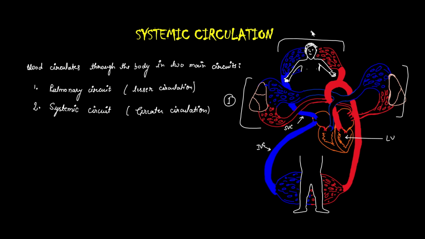As I said, it starts from the aorta, and the aorta starts from the left ventricle. So the aorta is the basis which circulates the oxygenated blood to all parts of the body. Today our main focus will be the aorta, and we will see the parts of the aorta, its branches, and the main arteries that arise from its different parts, and then we will look at those main arteries separately in different videos. So this was the systemic circuit. Now we will start with the aorta.